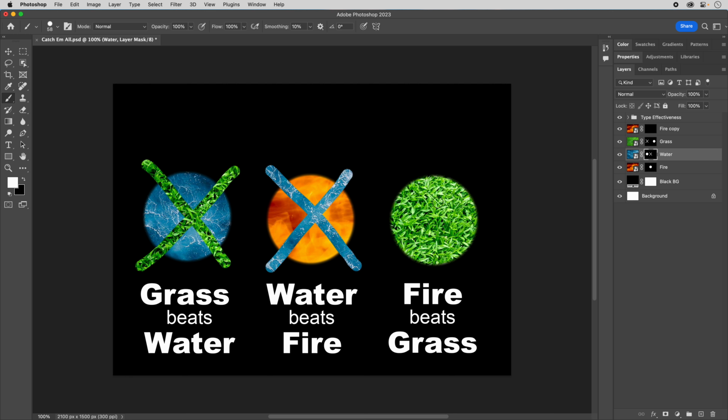And fire beats grass. Now, if I select this bottom layer, that's not going to do what we want. So that's not exactly what we want. So let's undo that and let's go to the fire layer that is at the top of the stack, and then we'll draw our X. Okay, now we have a clever design that will be able to show